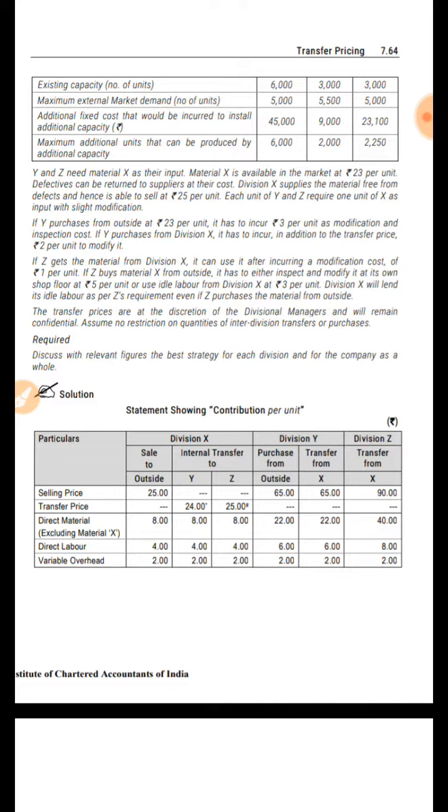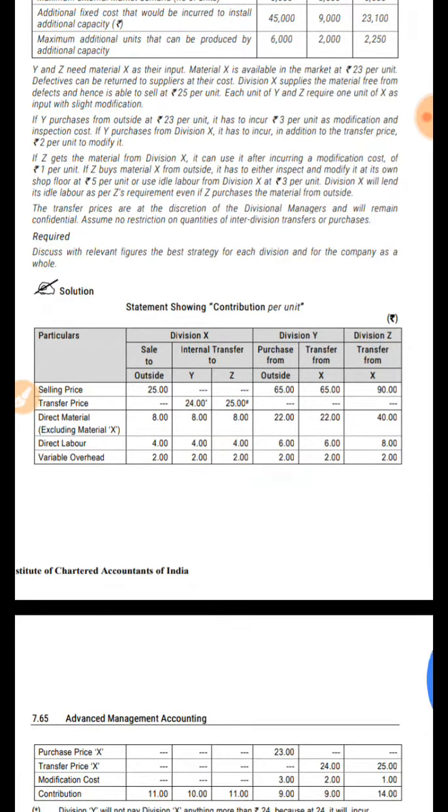It is somewhat similar to question number 20, I guess. Yeah, question number 20. So in this kind of problem, first of all we have to find out the contribution per unit for division X, division Y, and division Z. Division X is either selling to outside or transferring internally to Y or Z. Division Y is either purchasing from outside or getting a transfer from X. And division Z is getting only transfer from X, because as I said,